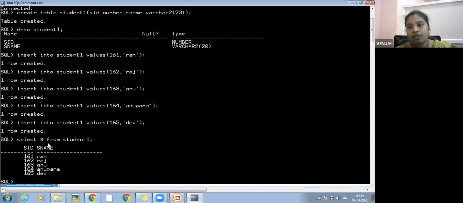Okay, now I want to update the name. The 164 student name is not Anupama, it should be Sita. In that case I want to update that row. Which command do you have to use? The update command.